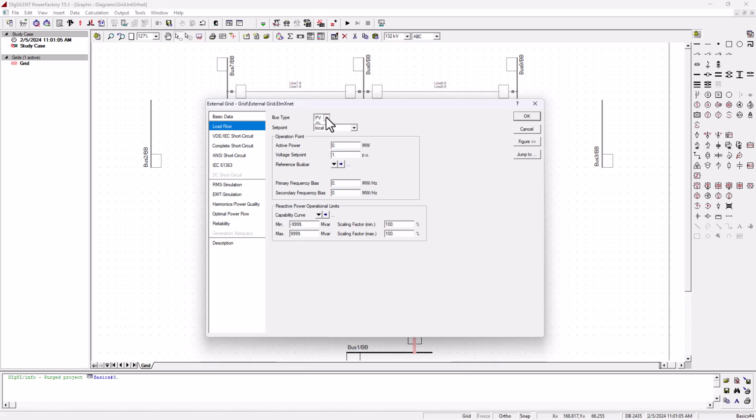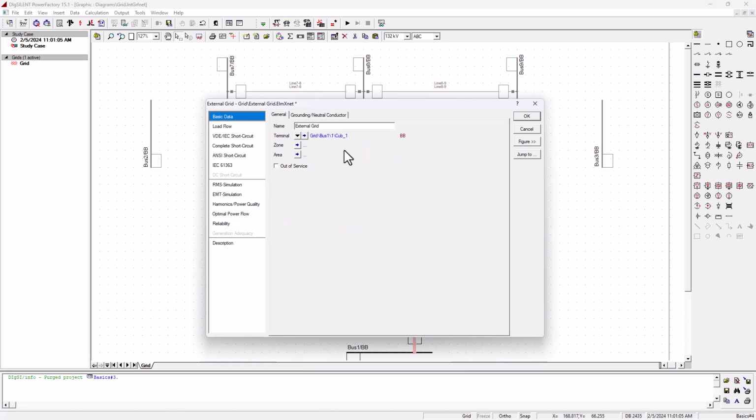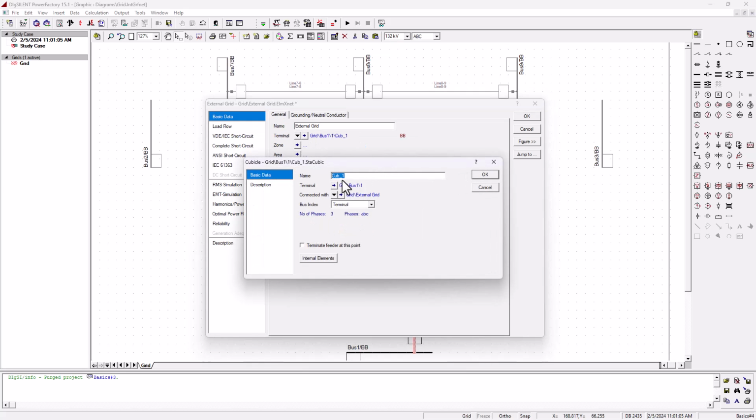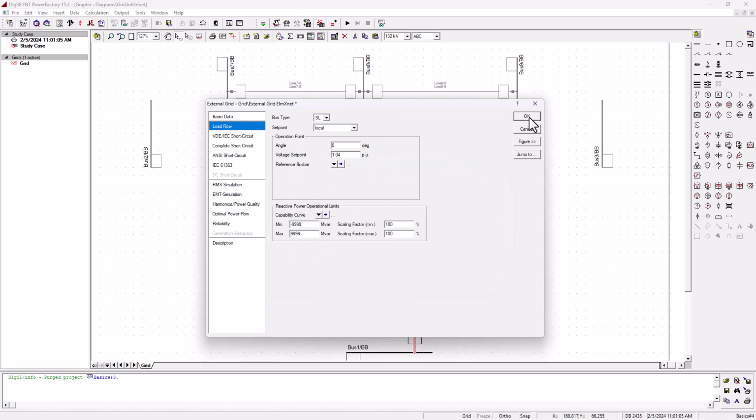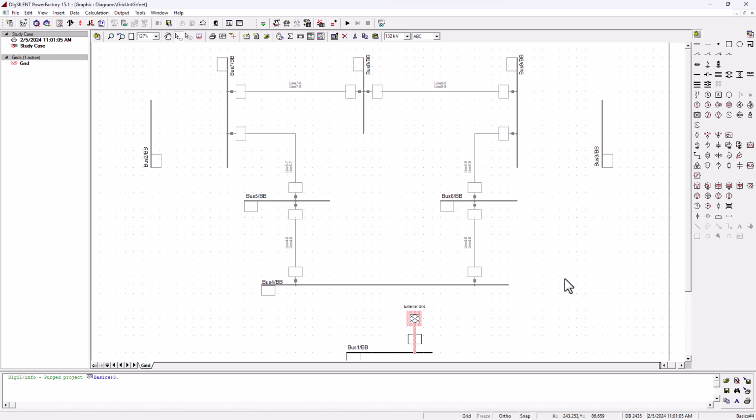Now if we select this as a slack bus generator, then we can set the voltage here to 1.04 and we leave the reference angle as 0. Okay, now the terminal that we are connected to, we know that we are connected on bus 1, so we leave everything as is and we can carry on with the rest of the generators. Now if you want to use the synchronous machine, let's go ahead and remove the external grid